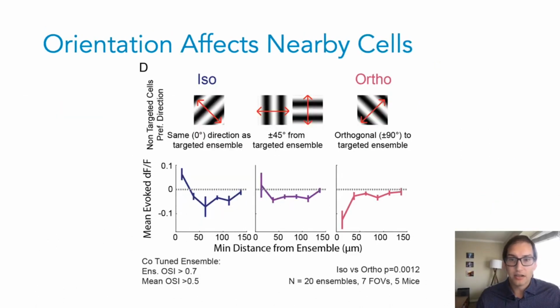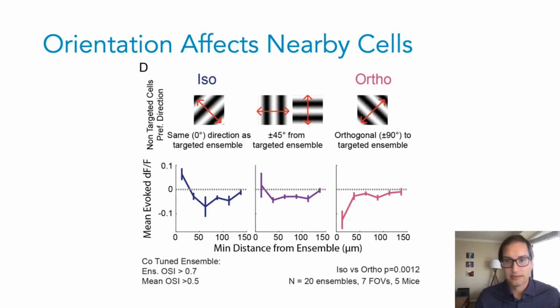Now, recasting our previous analyses, looking at those cells that are very similar, share a tuning with a co-tuned ensemble versus those that do not, we see that these nearest cells in these similarly tuned ensembles are excited, whereas the orthogonally tuned equivalent are suppressed. This supports the classic notion that similar cells are co-connected, but emphasizes that this effect only lasts for a few